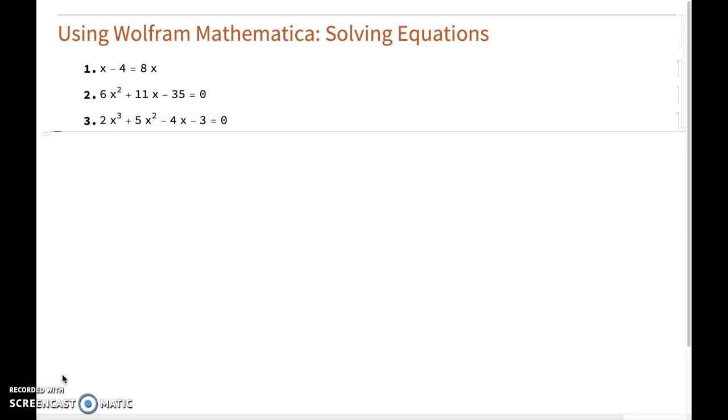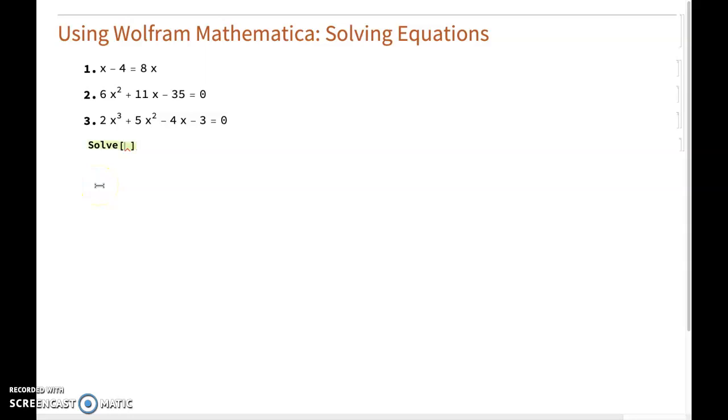So the first one is a linear equation. I have a single variable with a power of 1, and actually for all these 3 examples, if you're interested in solving them, the proper Mathematica command to use would be the Solve command. As with any Mathematica command, you can see here that I decided to write this first letter in uppercase,